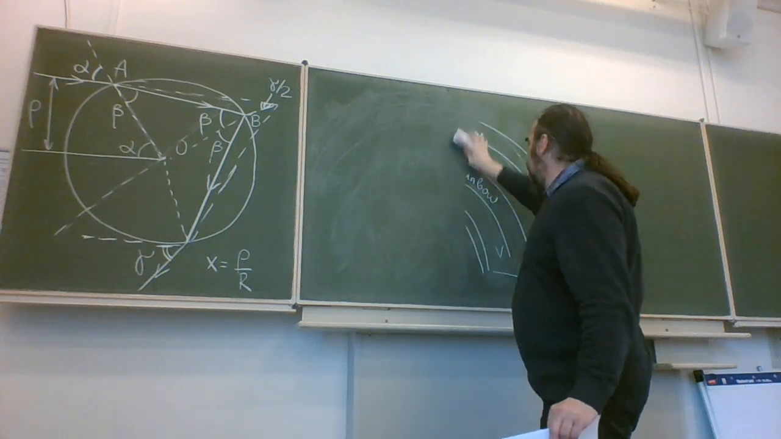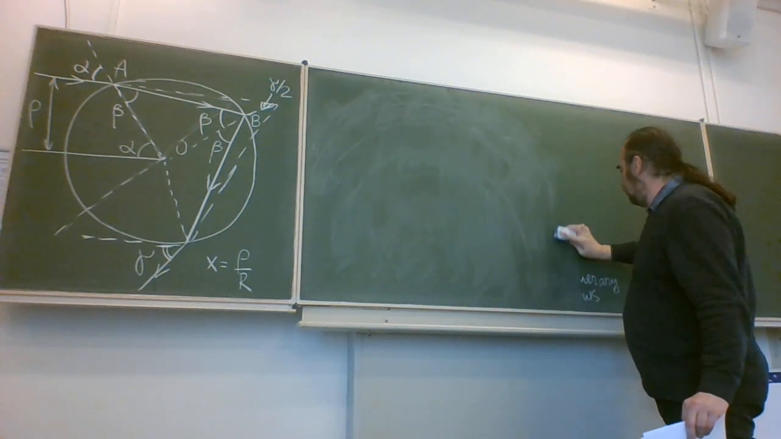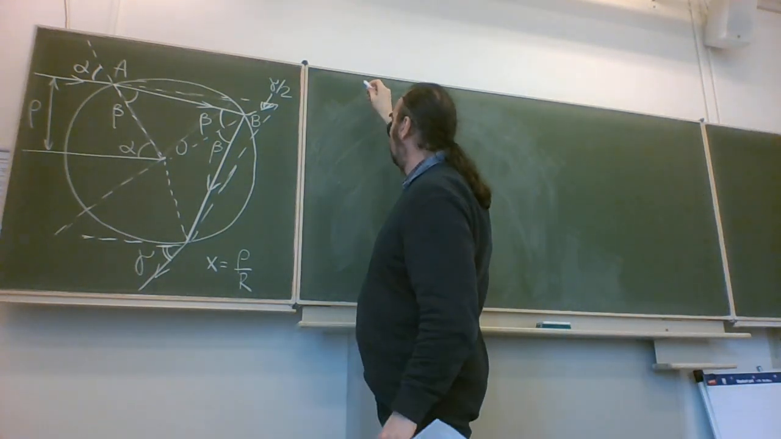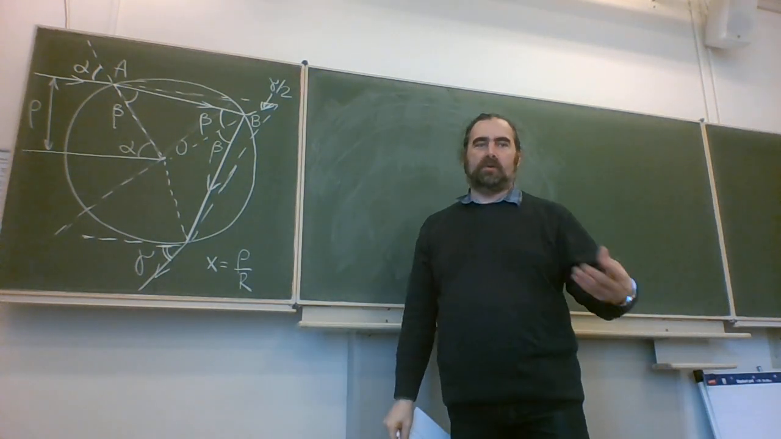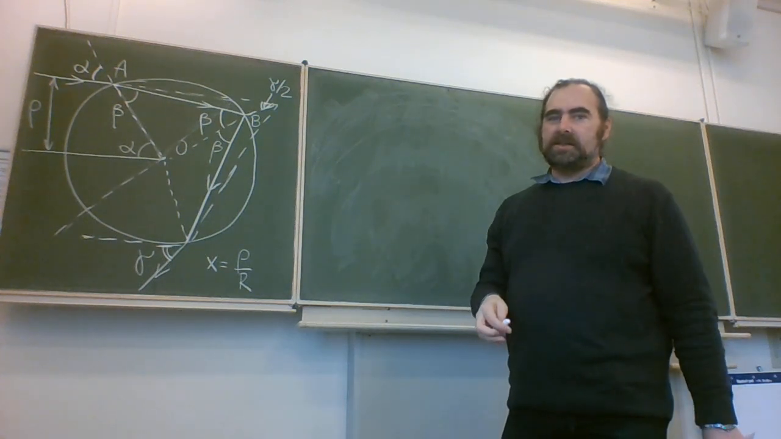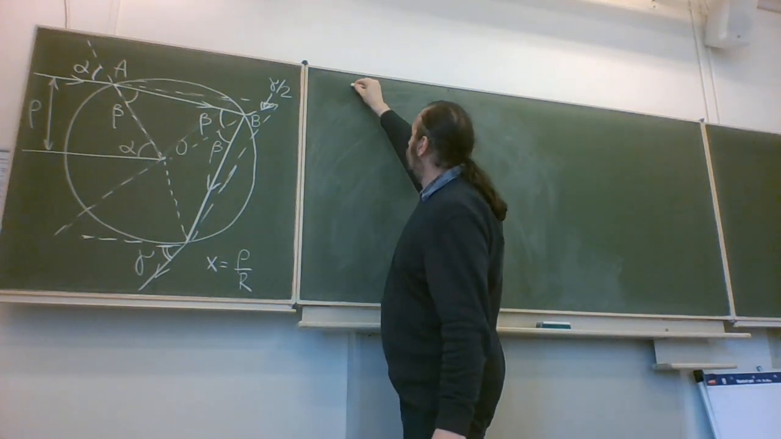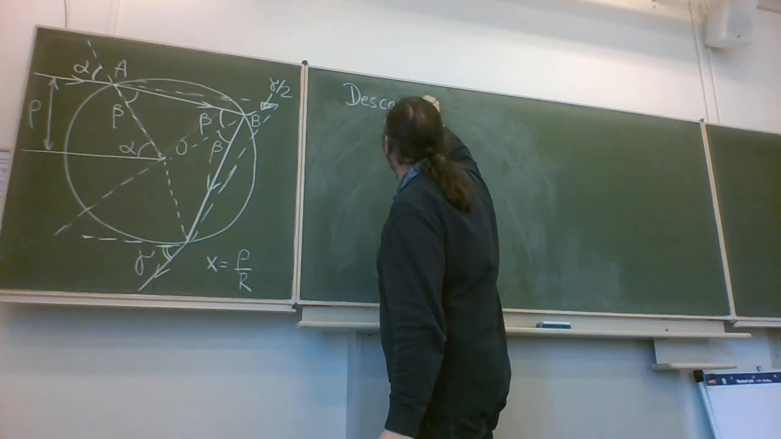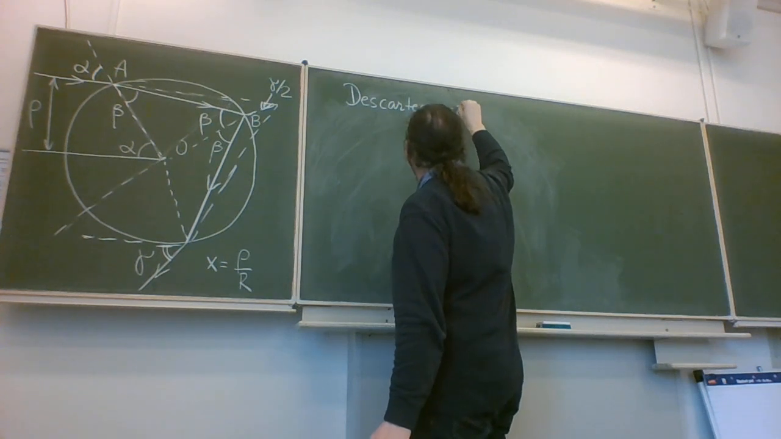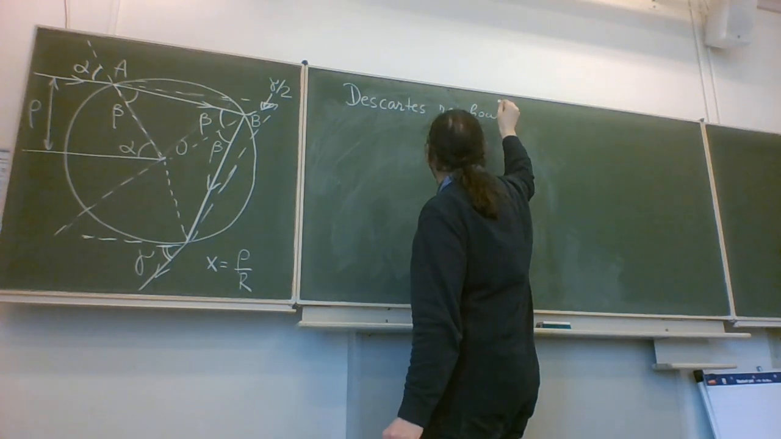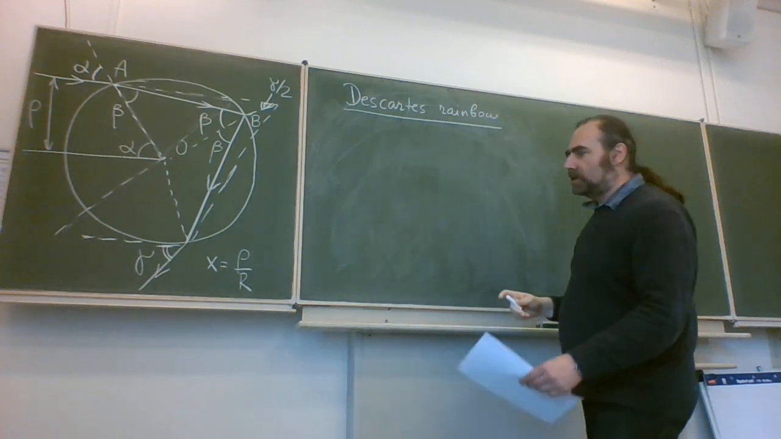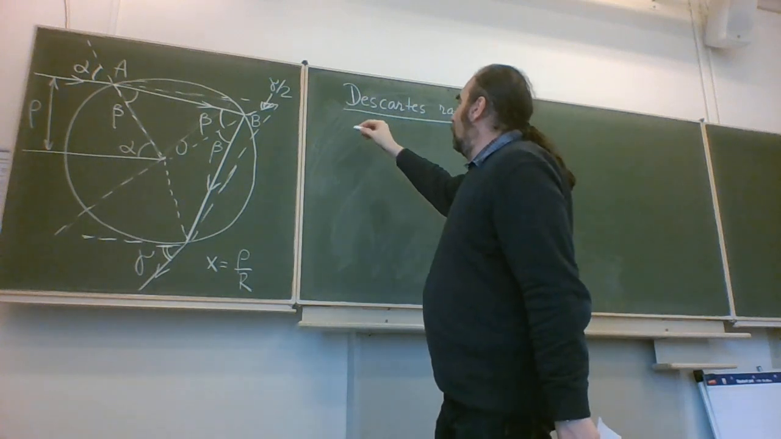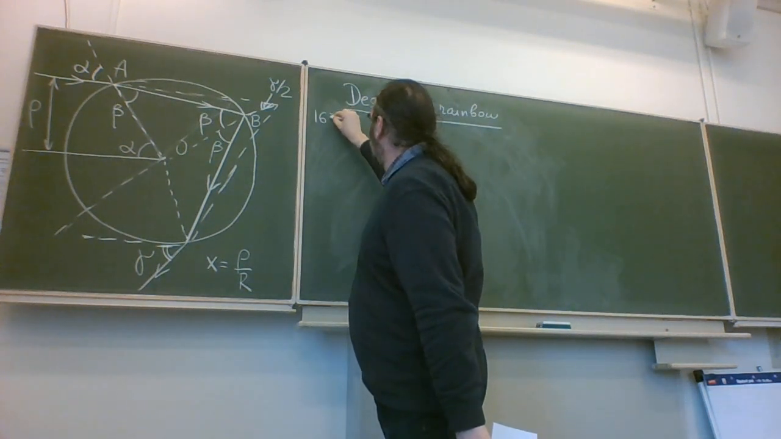Now, this first part, okay, so the first person who seriously looked at the rainbow was Descartes. The same Descartes as, for instance, introduced the Cartesian coordinates which we use today. So we will first be talking about his theory of the rainbow. Now there is some story associated with that. It was published in